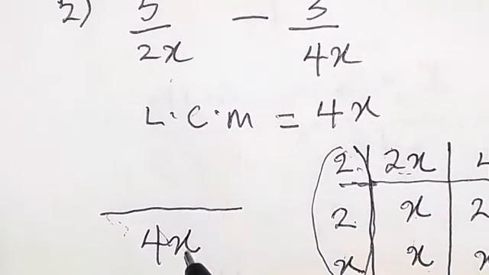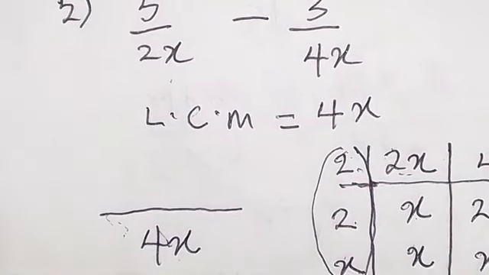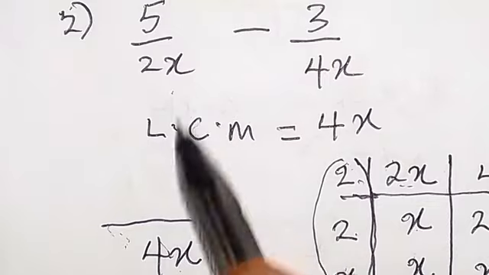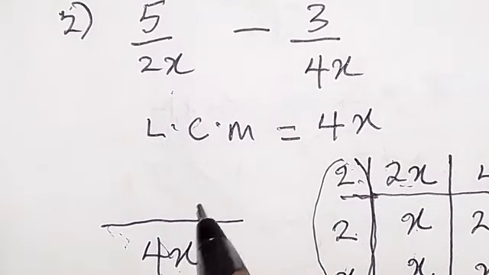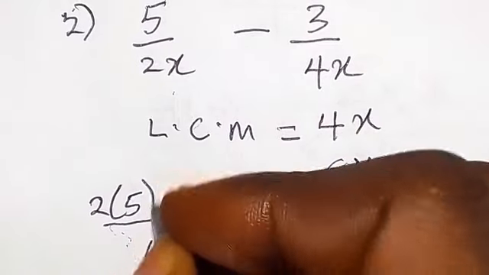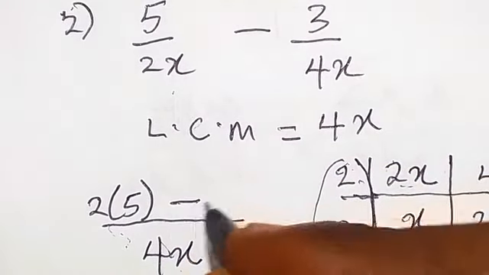Then 2x goes in 4x. When 2x goes in 4x, that will give us 2, of course, because x will cancel x. Then 2 in 4, that's 2. Then we say 2 times 5. So 2 will multiply 5. Then minus